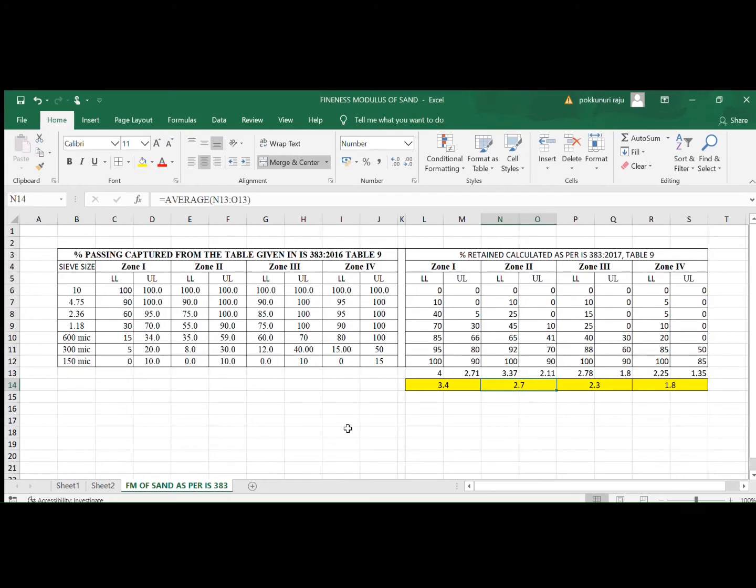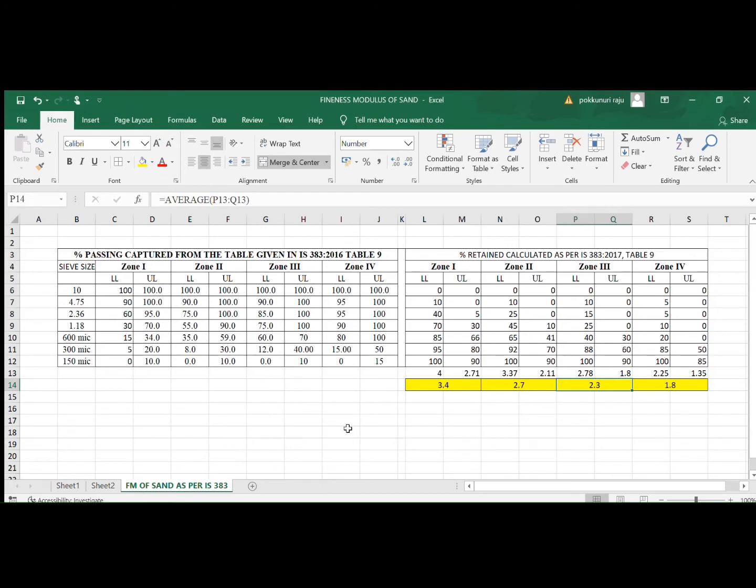For sand corresponding to zone 2, the average fineness modulus is 2.7. For zone 3, the average fineness modulus is 2.3, and for zone 4, the average fineness modulus is 1.18. That means if you see the IS 383 grading requirement, it indicates that your fineness modulus can range between 1.8